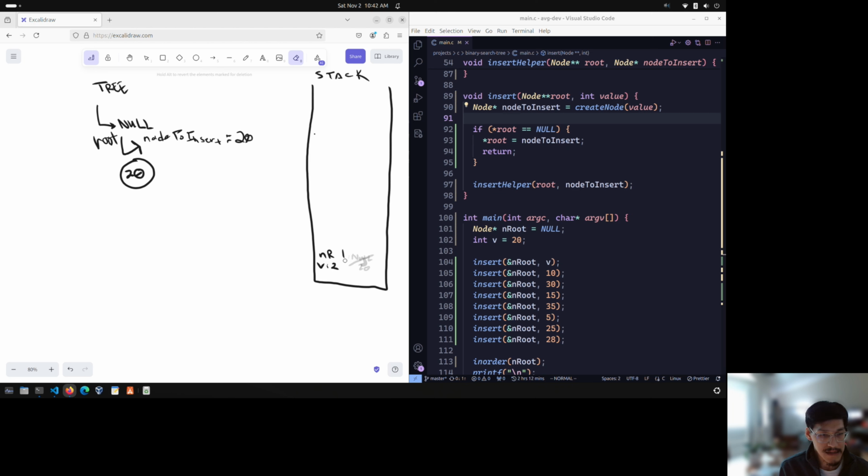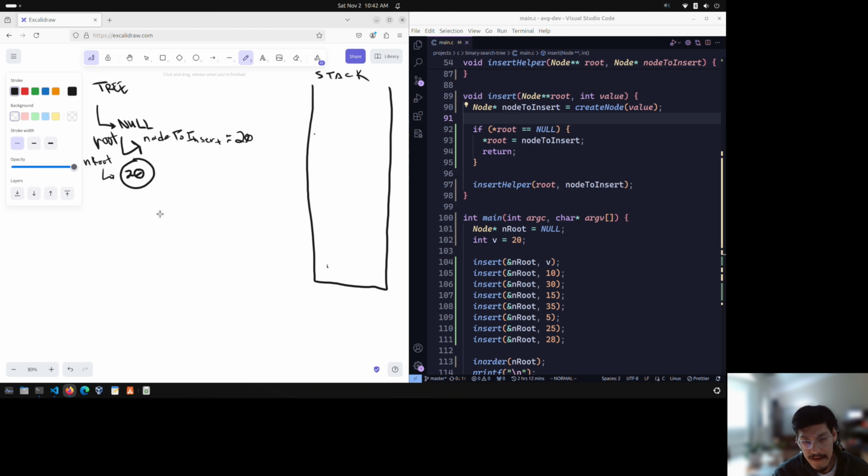Okay, let's erase all this. So now we're good. This is now n root. All right, next call is going to insert n root with 10. So n root